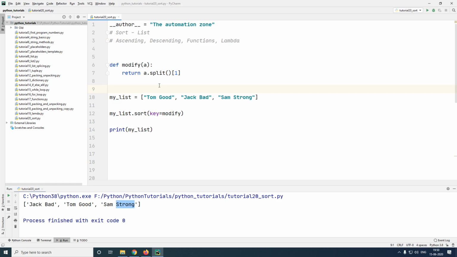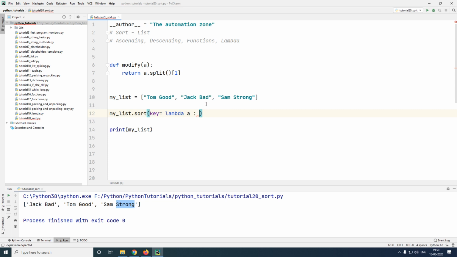Now note that in this particular example, I have a function of only one line and this function is called only once. Therefore, it makes sense for me to not use functions but to use a lambda expression to perform the exact same task. To do this, in your key, you have to type in lambda, which is to create your lambda expression. Then you have to give the parameter which you want to pass. In this case, the function has one parameter which is a. Then you give your colon and then you type your function.